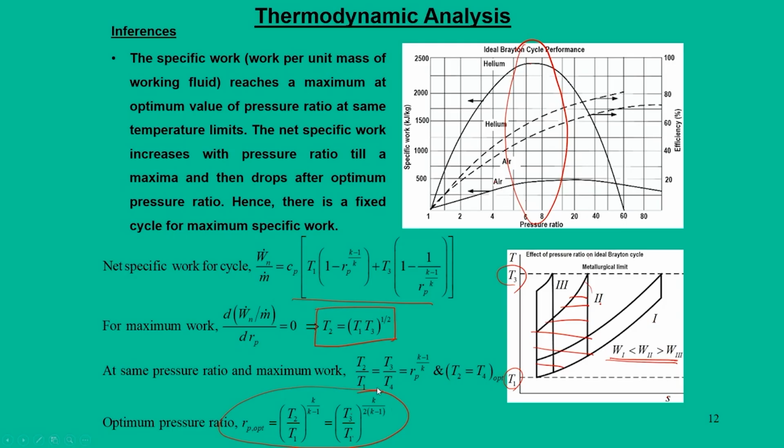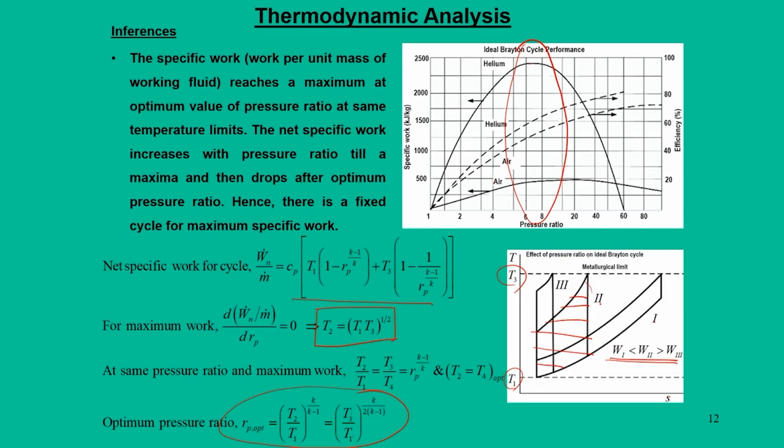That is the advantage. In fact for other pressure ratios the cycle can be operated, but the better approach is to choose a working fluid